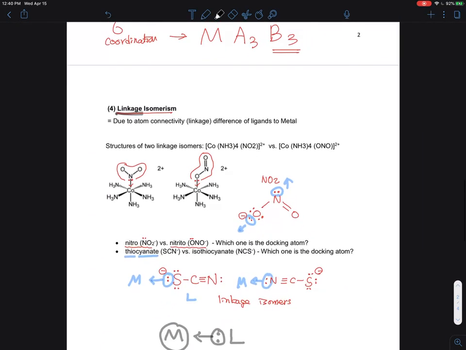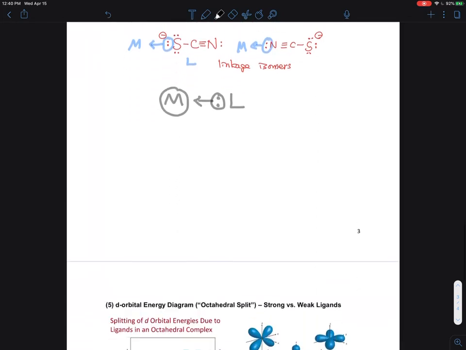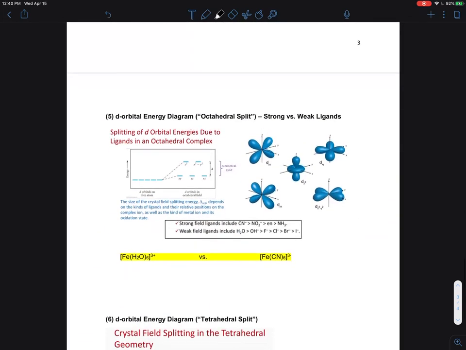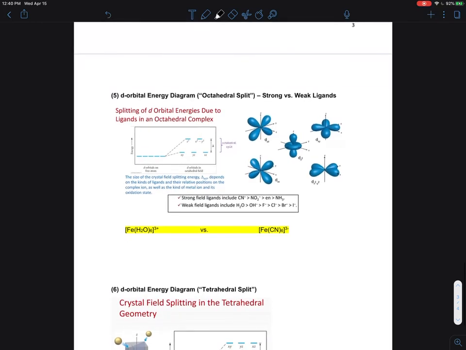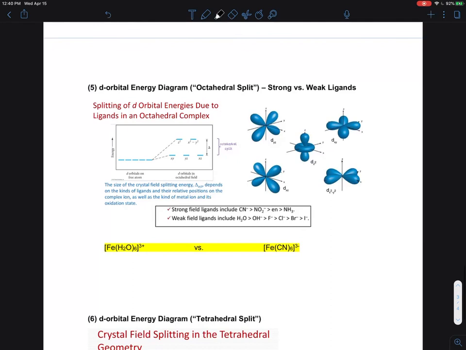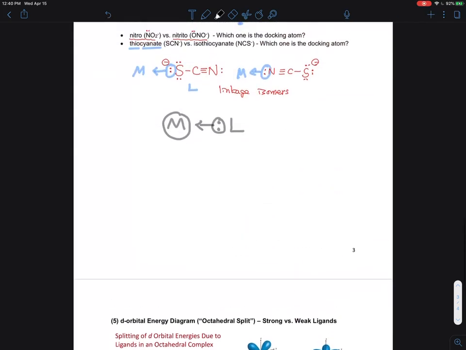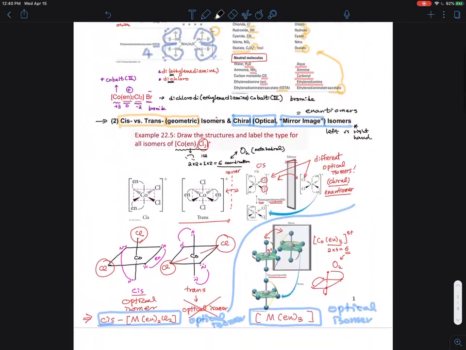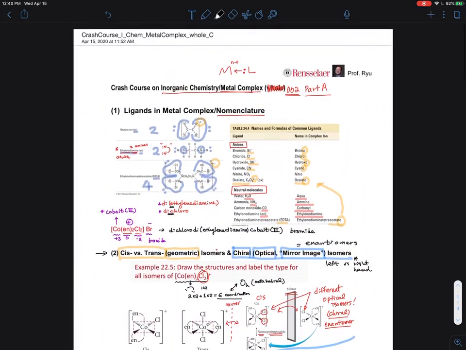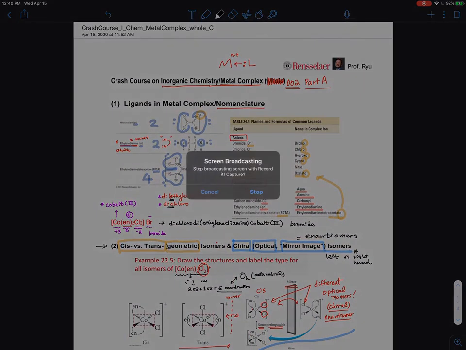So okay, I'm going to stop here now because I didn't talk about the d orbital energy splitting for the octahedral versus tetrahedral. You can watch the YouTube video that I put in part B from the other sections, and you can do that as well. And also I explained this concept in different wording in the previous session, so you are welcome to look at that as well. So